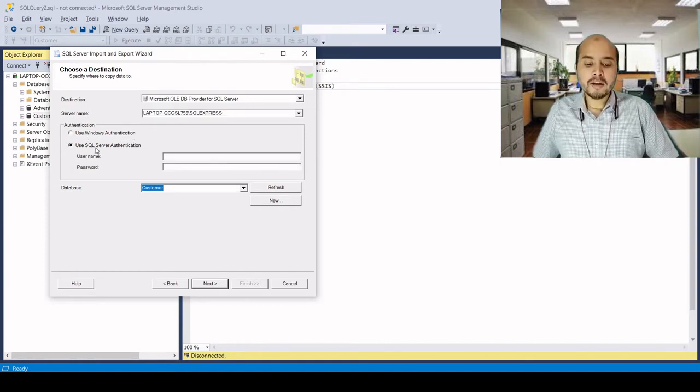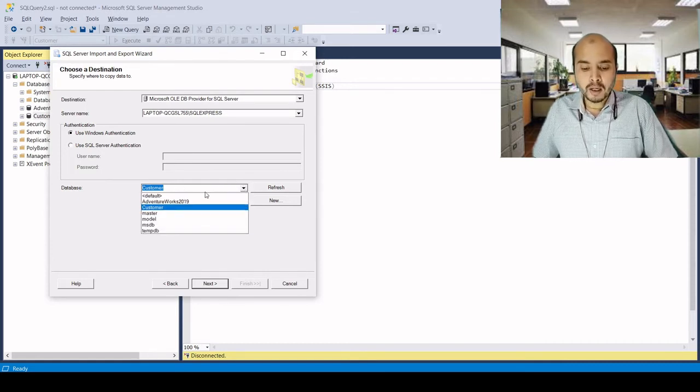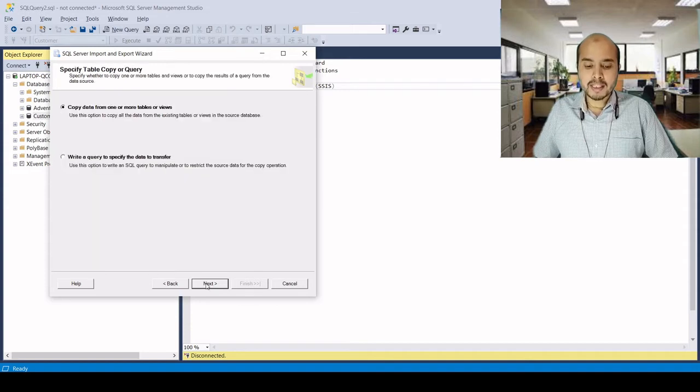You can click on SQL Server authentication, and you can put the username and password in these text boxes. So now I'm clicking on Windows authentication, and here you need to choose the database. In my case, I just want to import that data in the customer database, so there's no need to change anything here. However, you can find all the databases in this option. So I'll choose customer and click on the Next button.